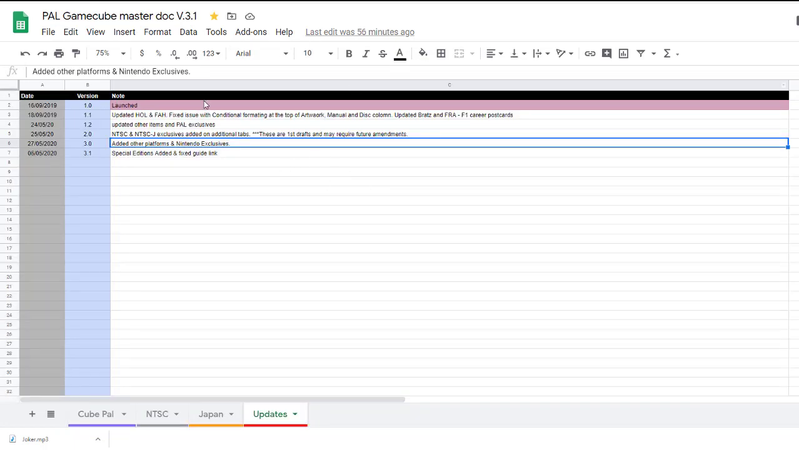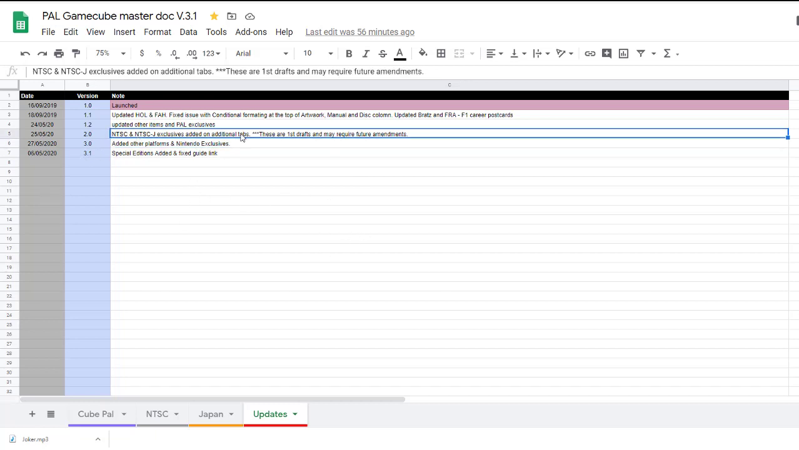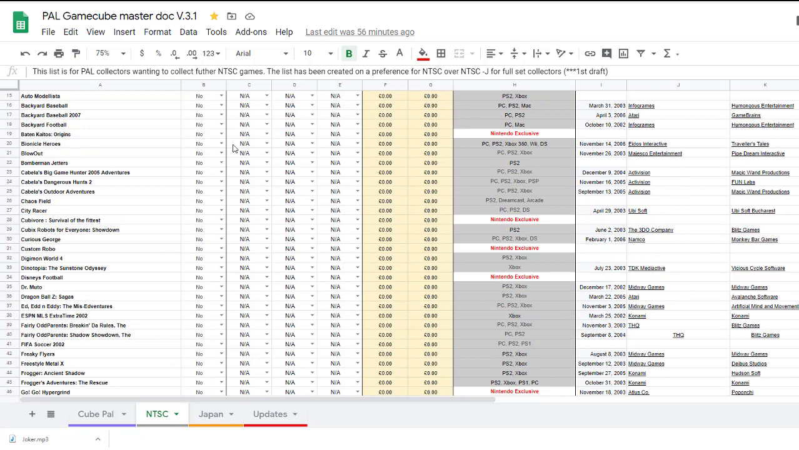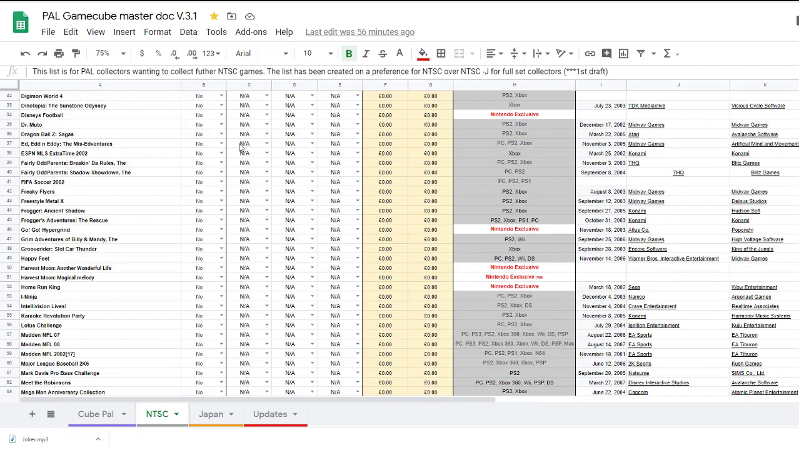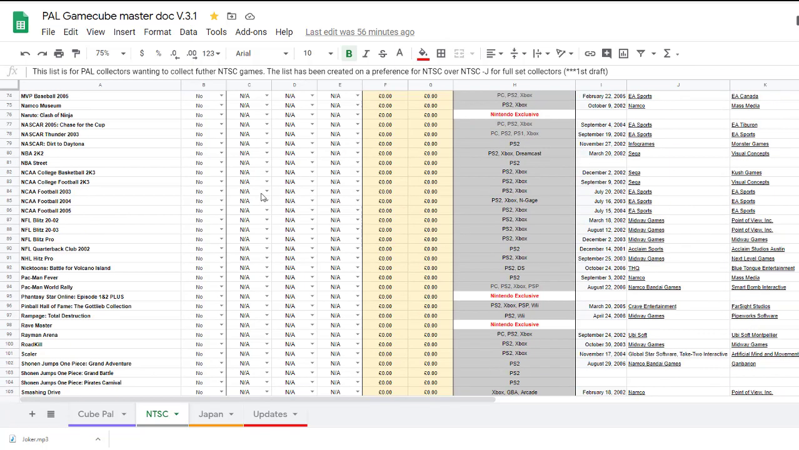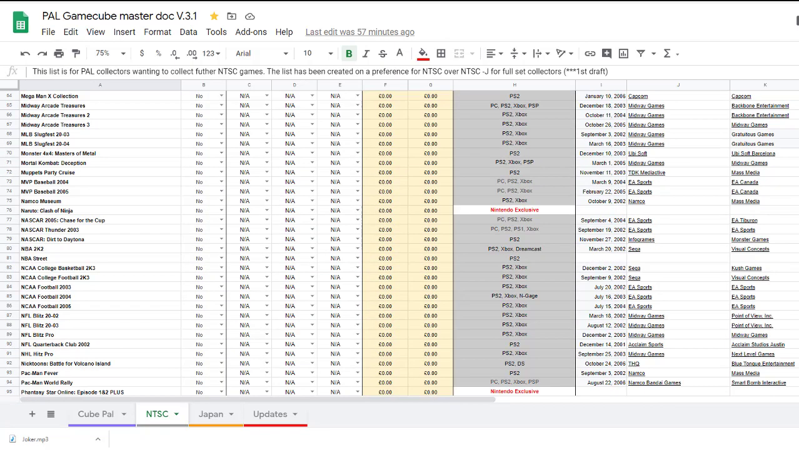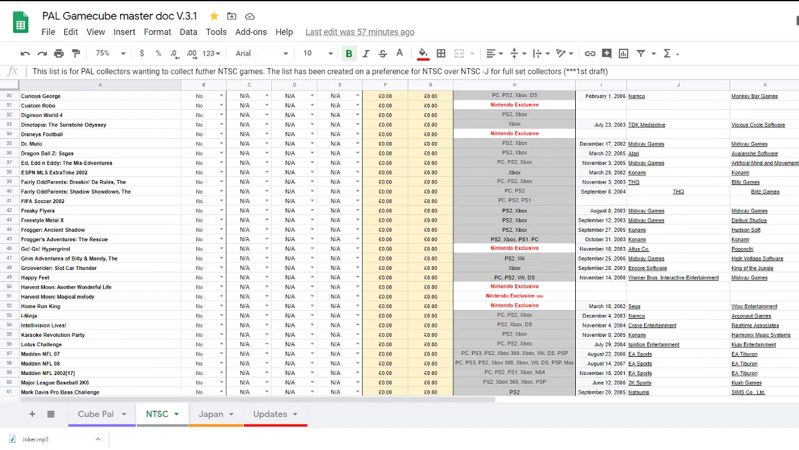Now if we go back to the updates and we go to 2.0, this is quite, again, another interesting one. So the way in which I've set up the PAL collector spreadsheet is that your priority is going to be PAL games because you're a PAL collector. But what you might also want to do is look at all the games that were exclusive to Japan and North America. Now North America got 126, 125 should be, because obviously top 2 rows,